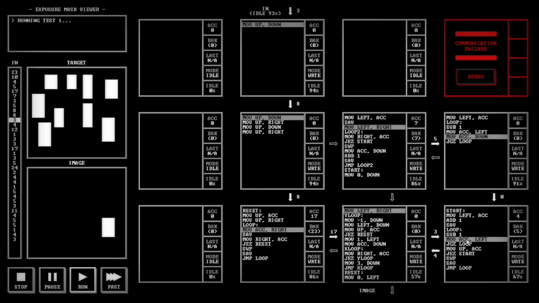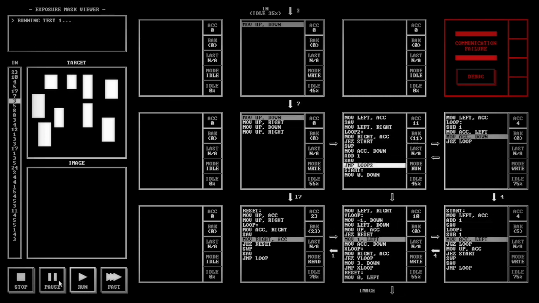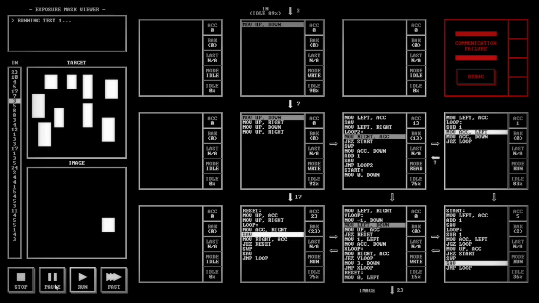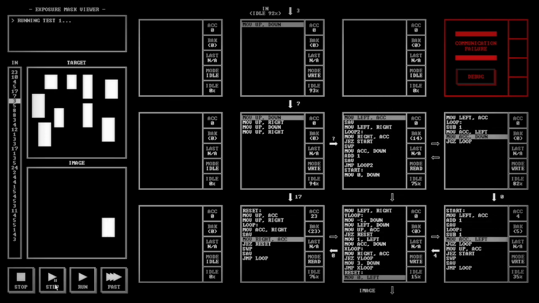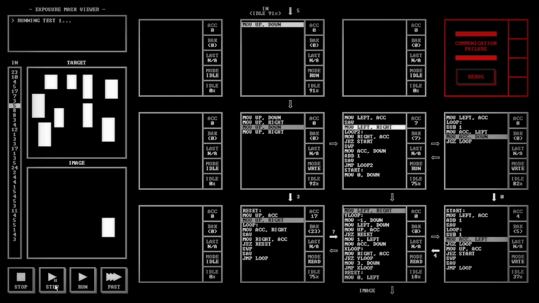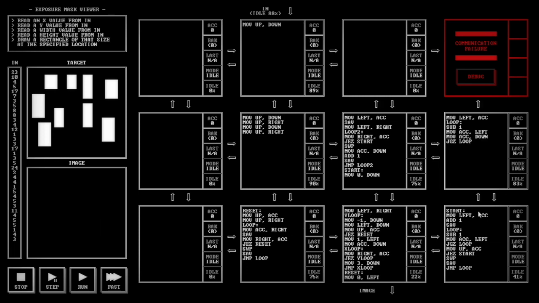So you're saying move ACC left instead of move left ACC. And I think it's because I need to